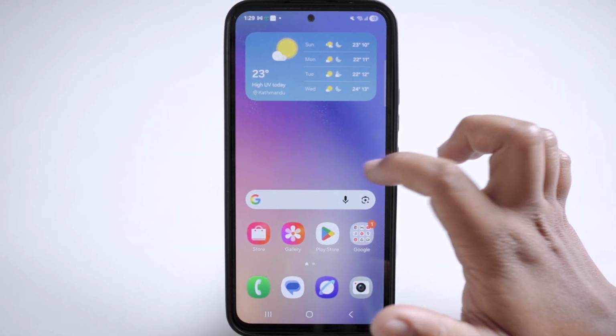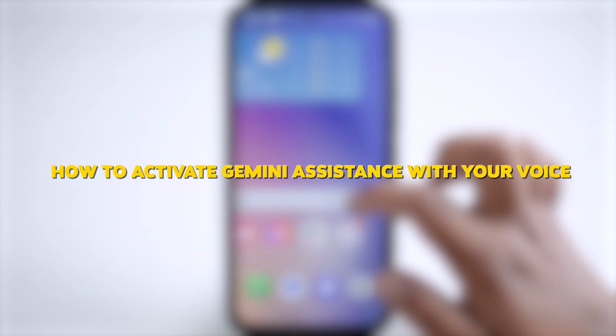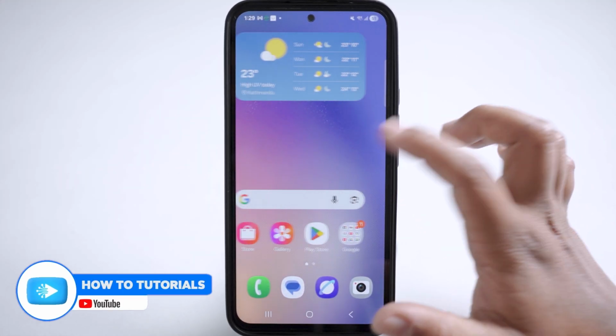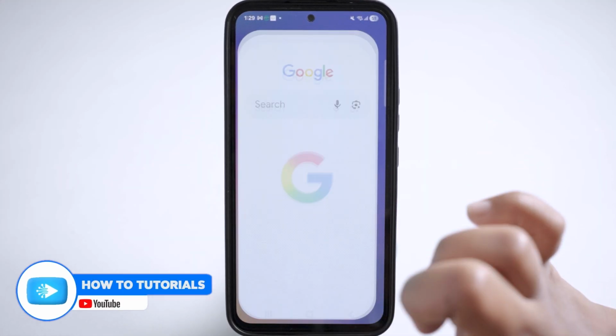Hi everyone, in today's video, I'll show you how you can activate Gemini Assistant with your voice. Well, it's quite easy. So first of all, you need to get to the Google app, and after going to Google,